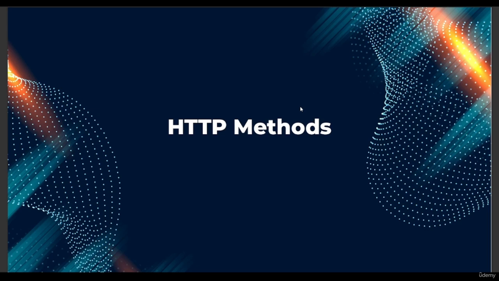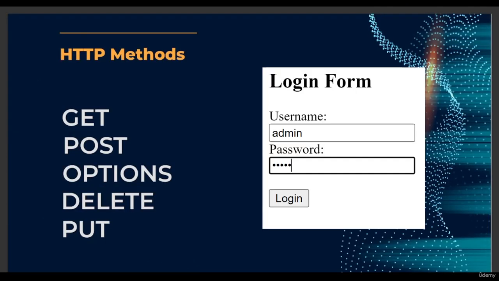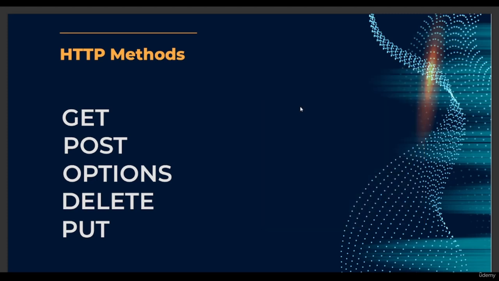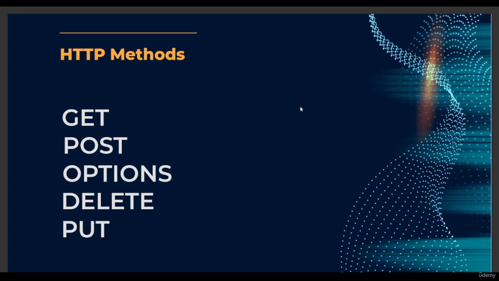In this lecture, you will learn about HTTP methods. We'll start with the GET method. Imagine you're using a login form on a website. With the GET method, when you enter your username and password and hit submit, those details are shown right in the website address. So this isn't good for security, because anyone snooping around, especially on a shared network, can see